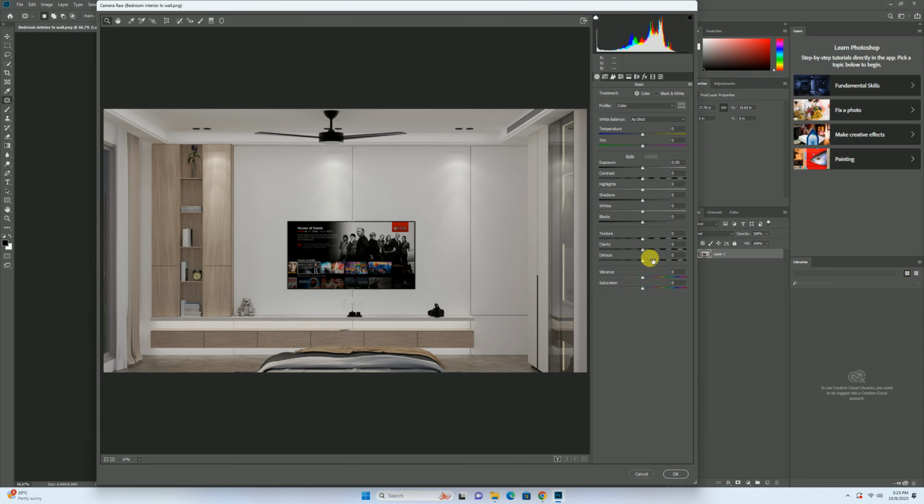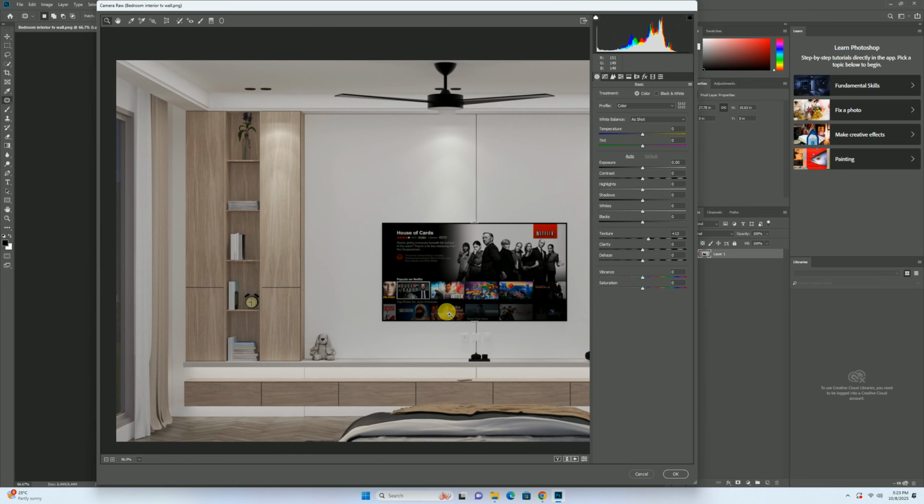Here, what I'm going to do is increase the texture a little bit. Then I'll increase the clarity as well. I'll reduce the dehaze. Then I'll reduce the black points from our screen. Increase the white points also.